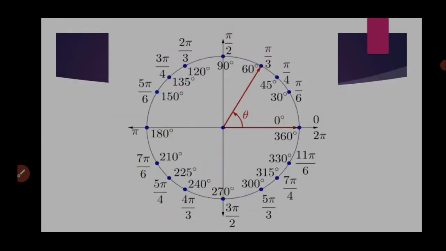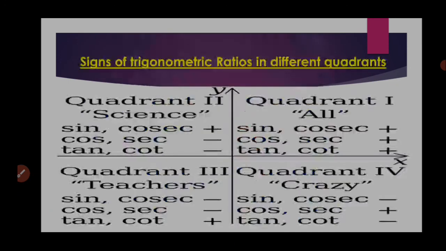Now you can see the complete angle, the 360-degree angle, in radian we take as 2 pi. So 90 degree will automatically be pi by 2, 180 degree pi, and 270 degree 3 pi by 2. And for smaller divisions of the angles, for 30 degree pi by 6, for 45 degree pi by 4, for 60 degree pi by 3. Likewise we can have so many angles.